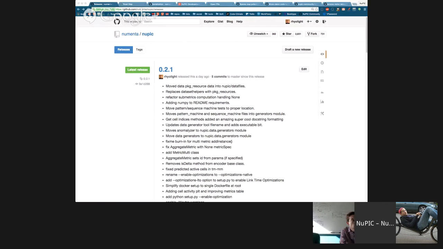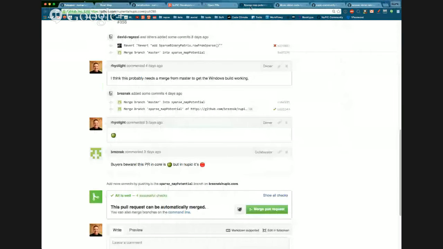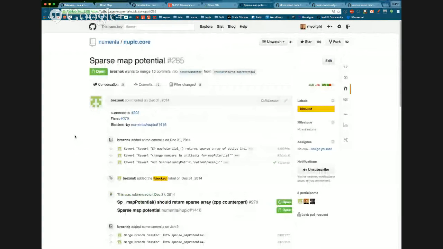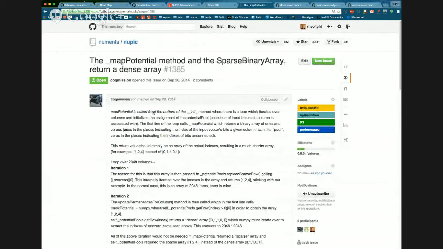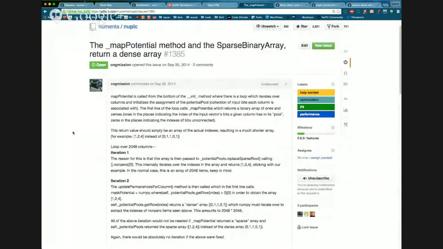Can I mention that sparse map potential last bug? Yes, right. Let me get it back up. That was something that I had proposed before because I noticed that the temporal memory does all of its operations on sparse data, and for the spatial pooler, for some reason, it breaks things out. It inflates the SDR